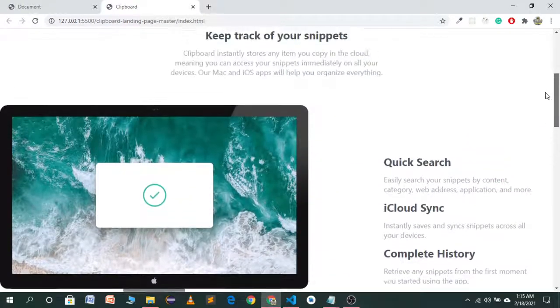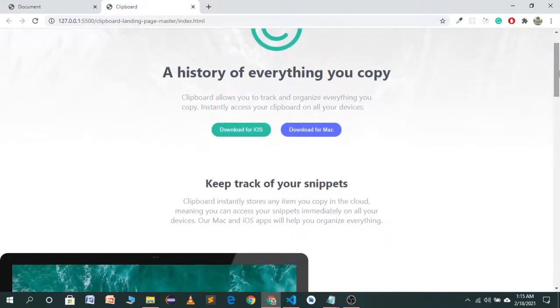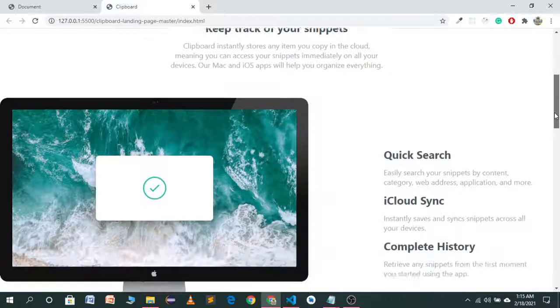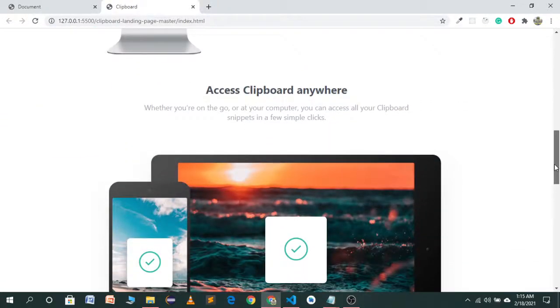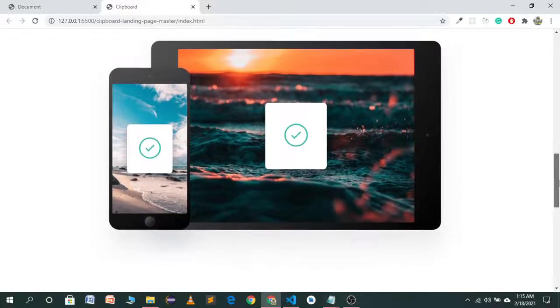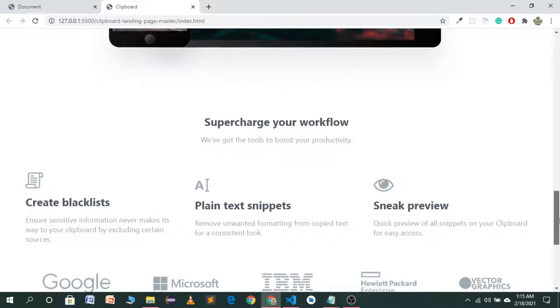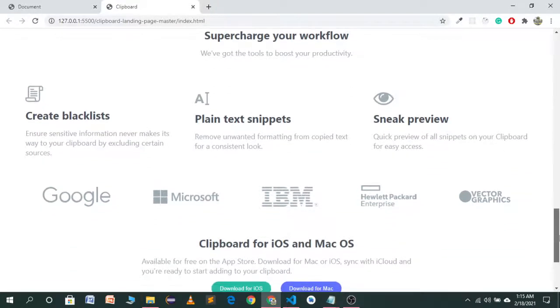So as you see, we have built a website and it's looking beautiful right now. This is the header section, and now we have a second section. The third one has a beautiful illustration, the fourth one has a heading and a paragraph, and the fifth one is a beautiful illustration of an image.